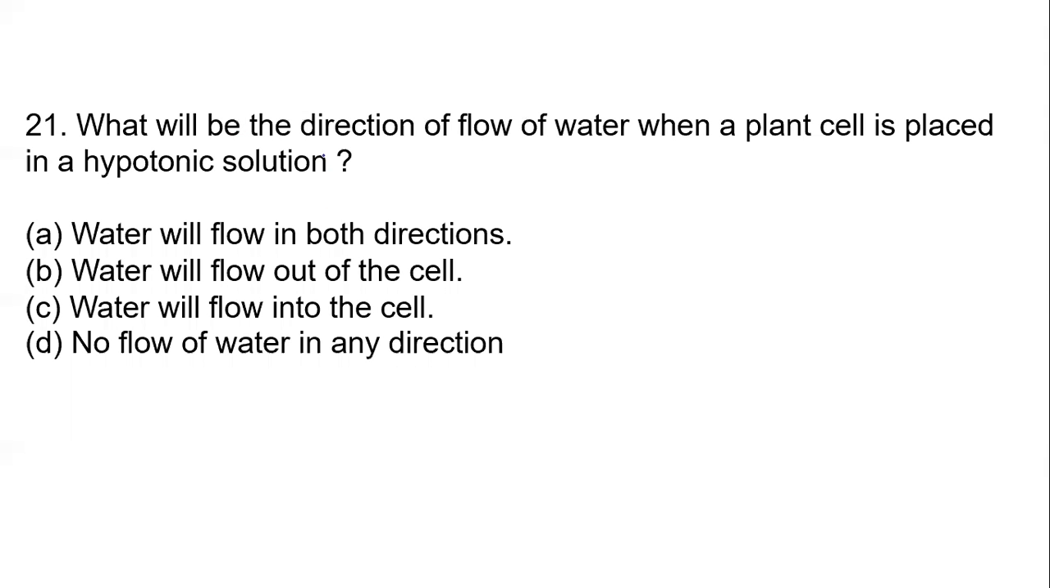Question number 21. What will be the direction of flow of water when a plant cell is placed in a hypotonic solution? What do you mean by a hypotonic solution? The concentration would be less. So what happens to the cell placed in a hypotonic solution? Suppose this is a beaker and the beaker is full of